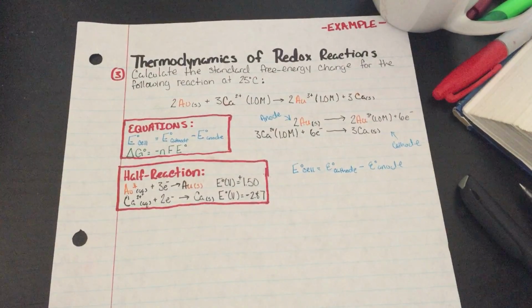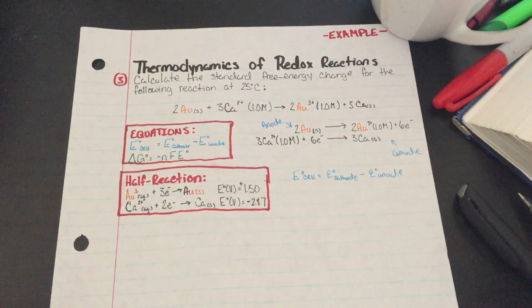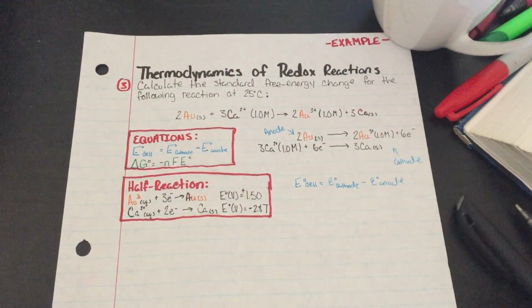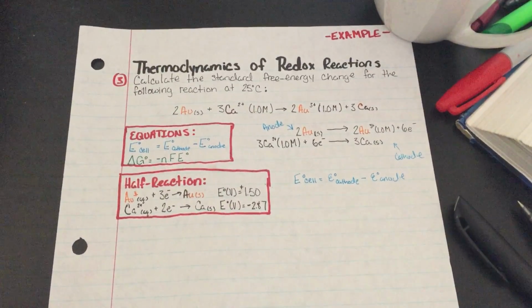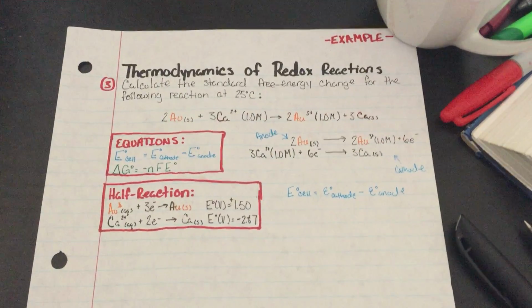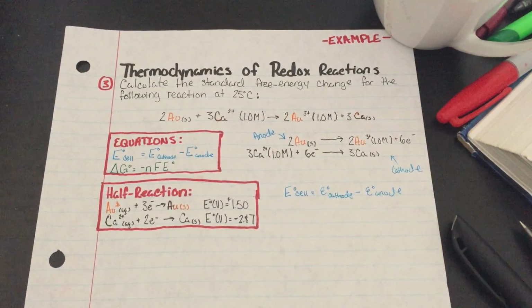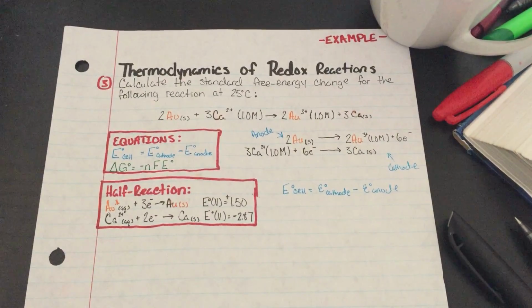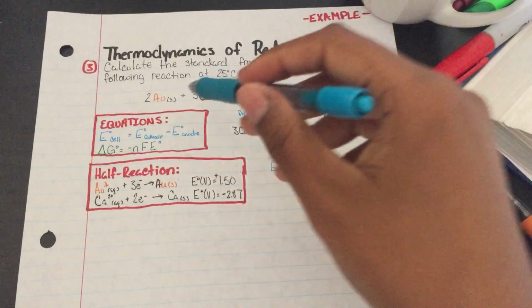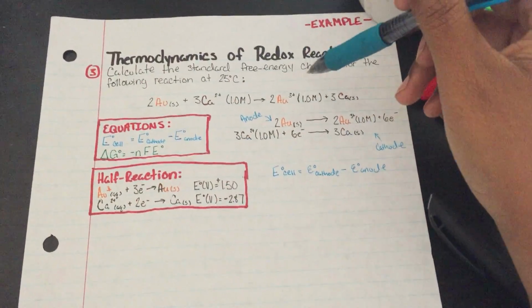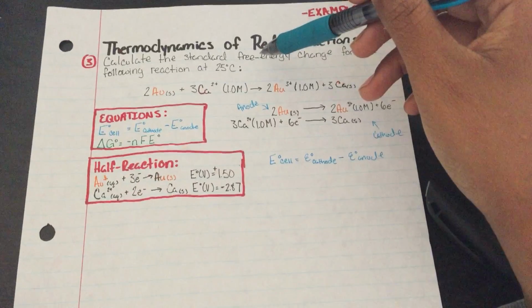Example 3 is a problem from chapter 18 in the book that deals with thermodynamics of redox reactions. And the problem asks us to calculate the standard free energy change for the following reaction at 25 degrees Celsius. Here we have our reaction, and all we need to solve for the standard free energy change is first to